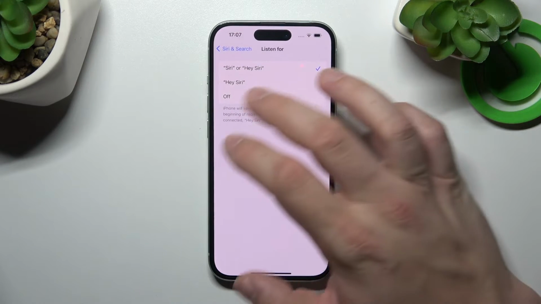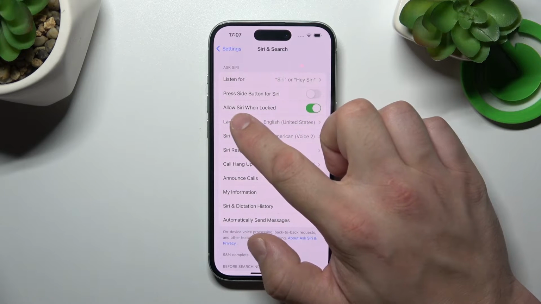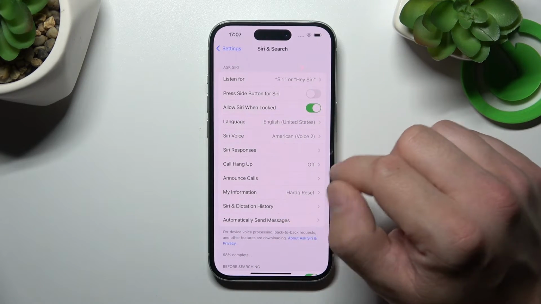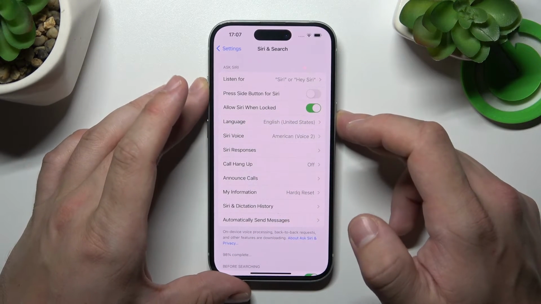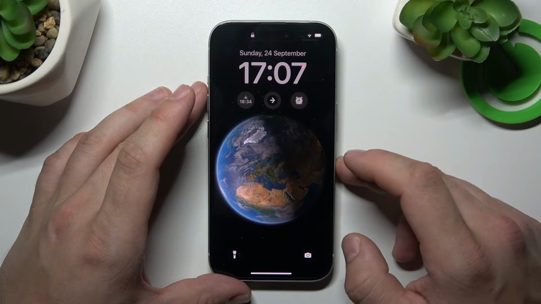Tap done, go back, and now enable Allow Siri when locked. Now you can simply lock the screen and say, Hey Siri,